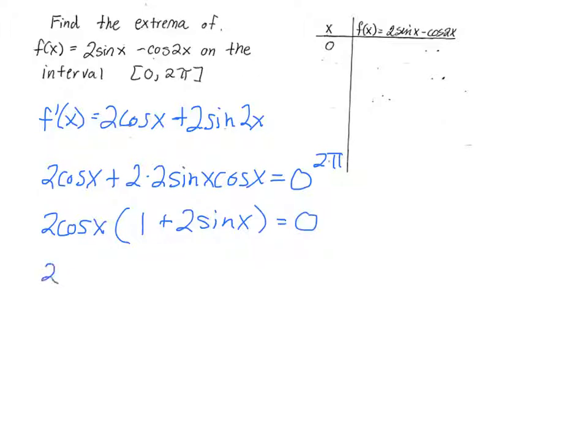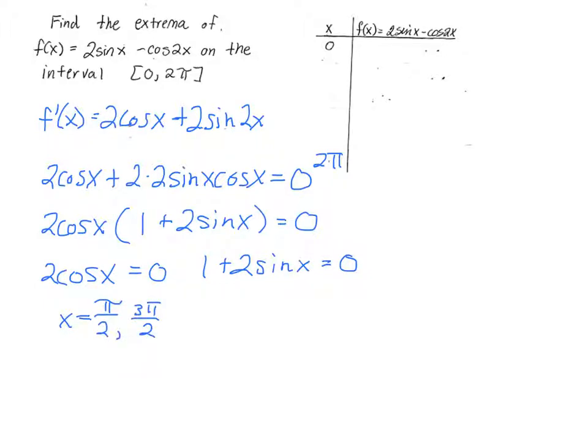And then I need to take both pieces, set it equal to 0, and solve. So I know that cosine x equals 0 at pi over 2 and 3 pi over 2. And sine x equals negative 1/2